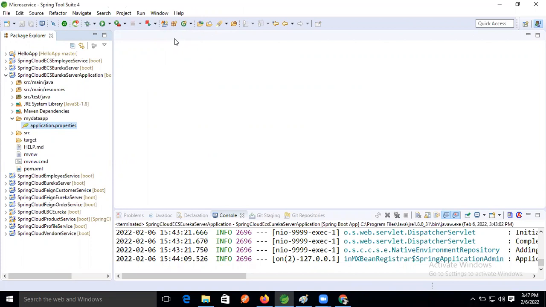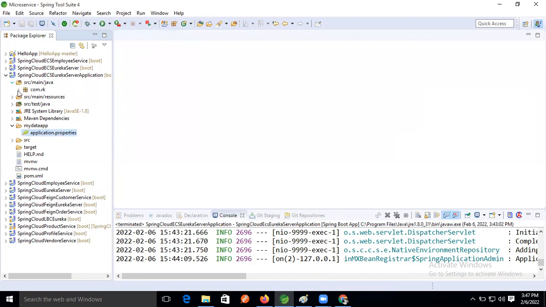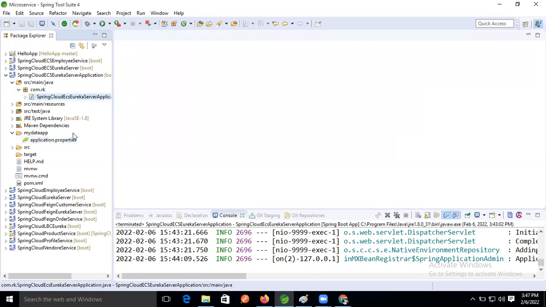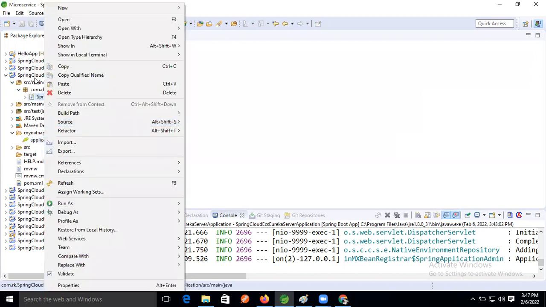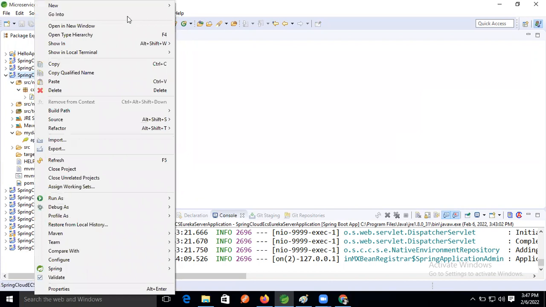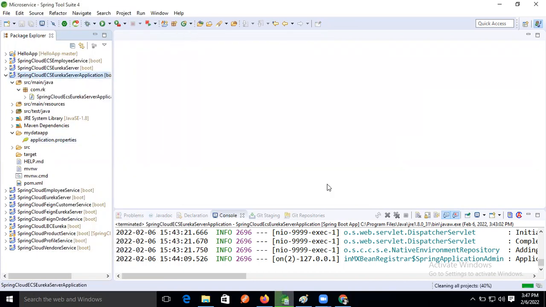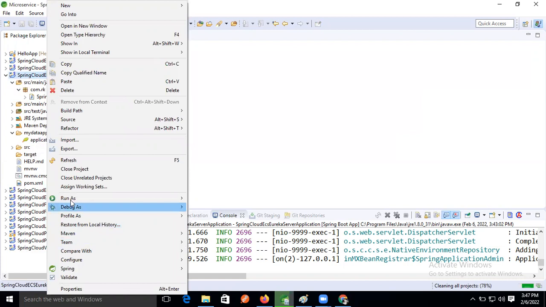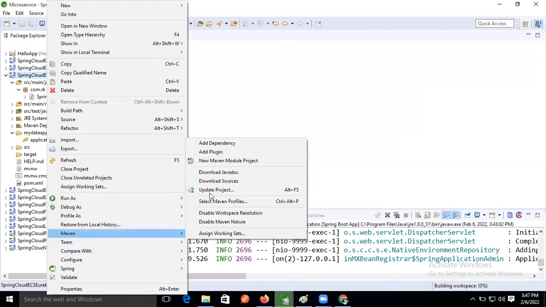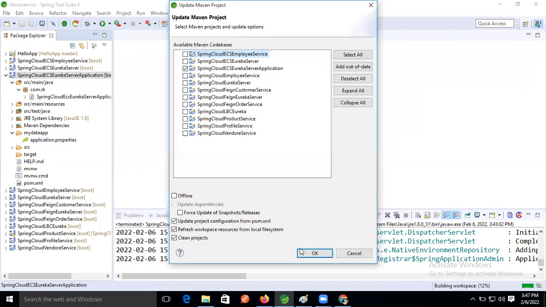So application dot property is there, right? Now I'm going to right click and run the same application again. First, let's clean the project, otherwise the cache problem will come again. Right click, update the project, force update.